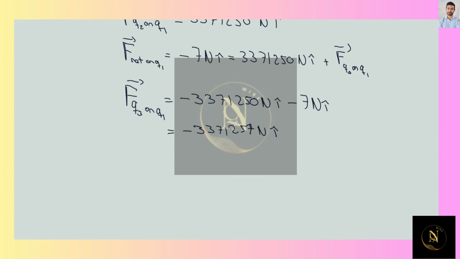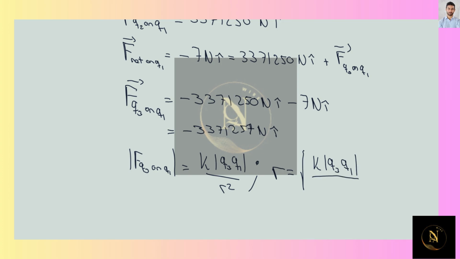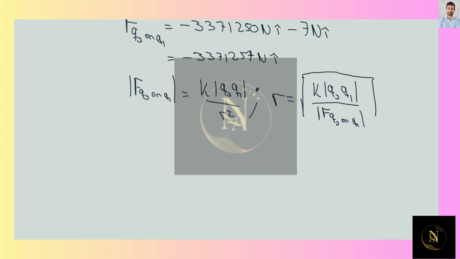So we can calculate that value of the distance using, again, Coulomb's law, k Q3 Q1 over r squared. Now the value for r is going to be equal to the square root of k times Q3 Q1 in absolute value divided by the magnitude of the force of Q3 on Q1. And we know that this is going to be on the negative x direction. So this is going to give us r equal to the square root